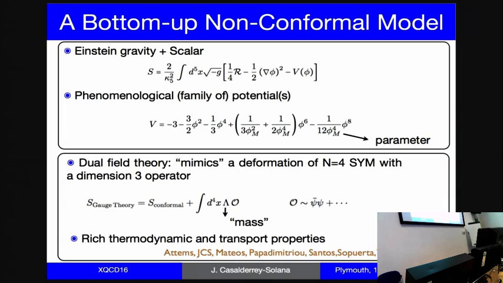which is a combination of a conformal theory, something like N=4, deformed by an operator with a mass term, if you wish, lambda, which is the only parameter that enters. And then the operator is basically a combination of terms of the scalars plus other matter content that the theory has, which carries a dimension 3 operator. And this theory has a very rich